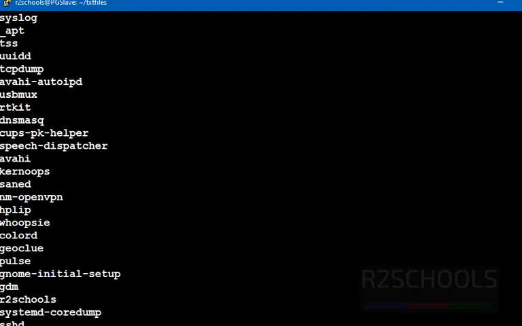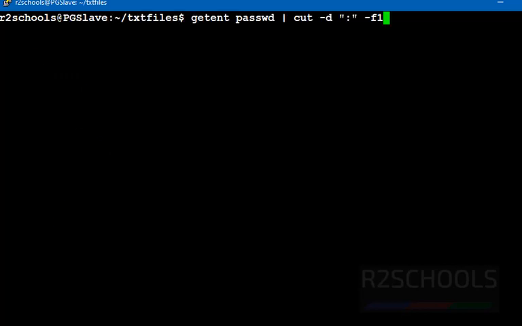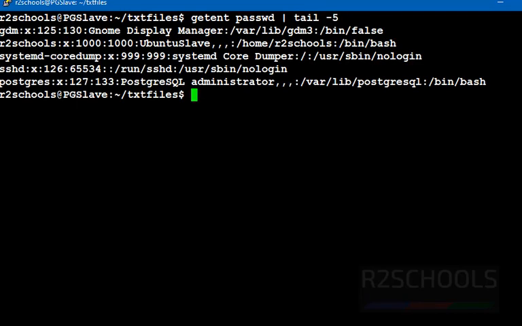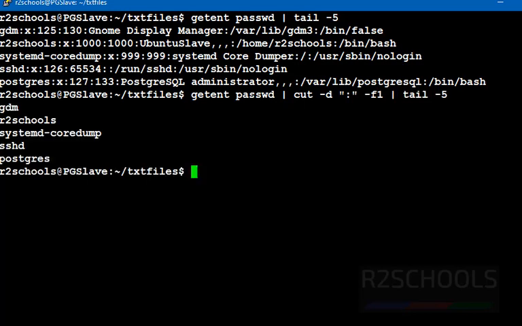See, I got the list of all the users in my current operating system. Let's verify with tail -5. See, these are the last 5 users. Let's run the same one and limit the output to the last 5 users. See, I got only the usernames.